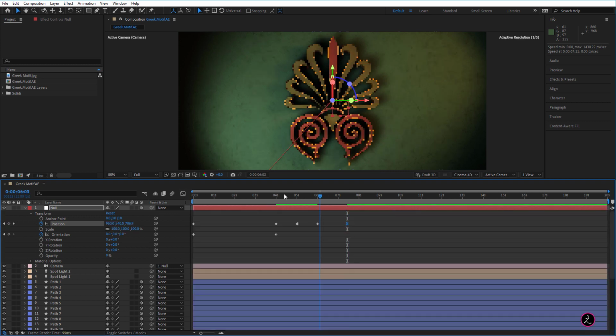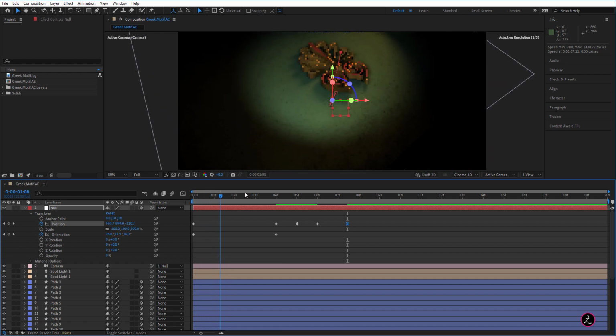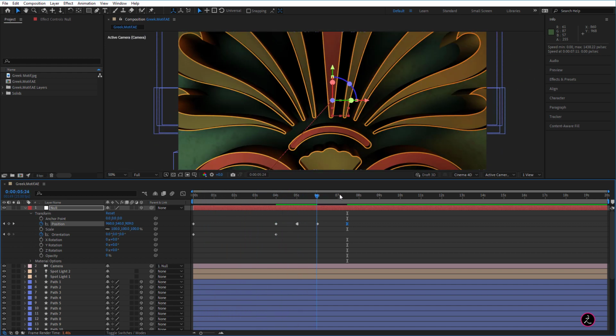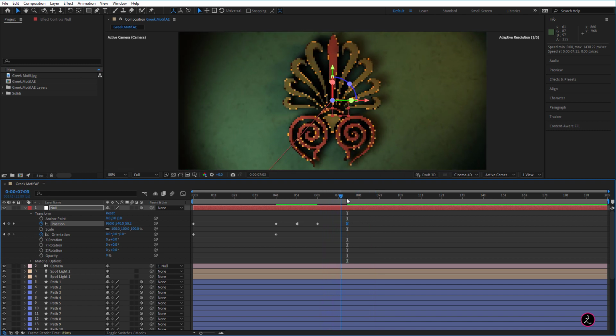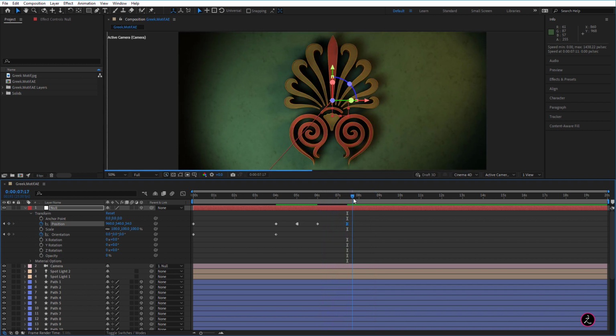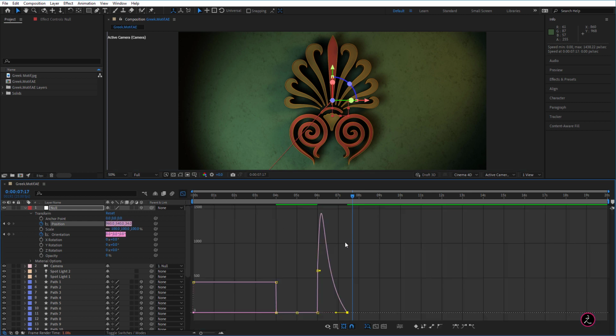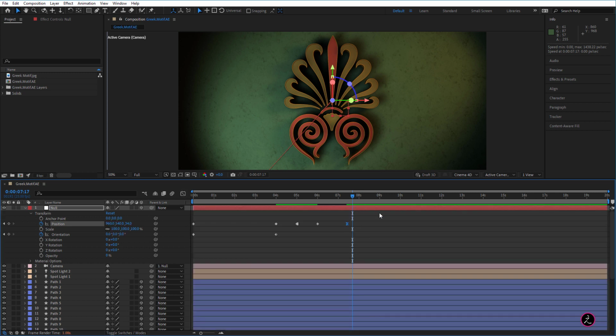Let's do a quick scrub of the current time indicator. And we're going to have something along those lines, you see? And this is going to actually animate really nice here. See, looking inside the graph editor and looking at this motion here, it is going to peak and then it's going to slowly decelerate. And that's why we did this with the keyframe velocity. All right. So this is the final animation. And all I'm going to do is just render this out to be able to see the final result.